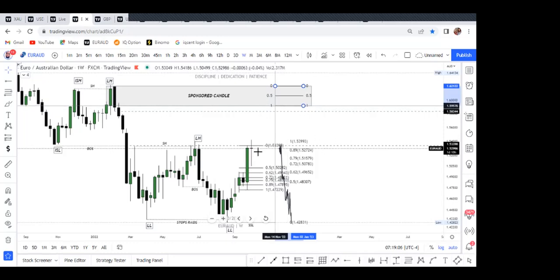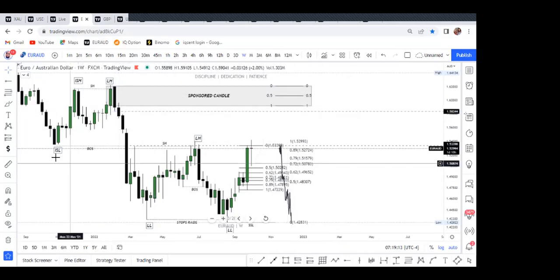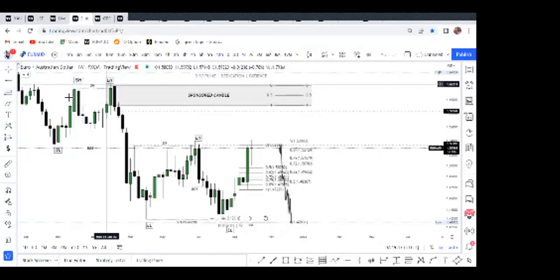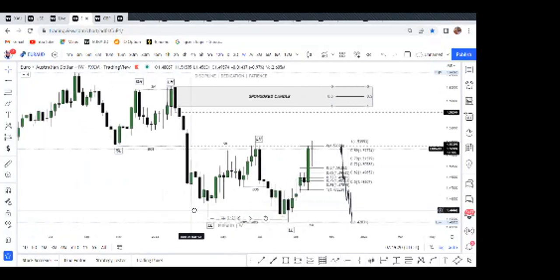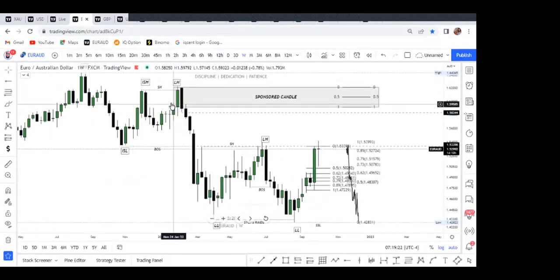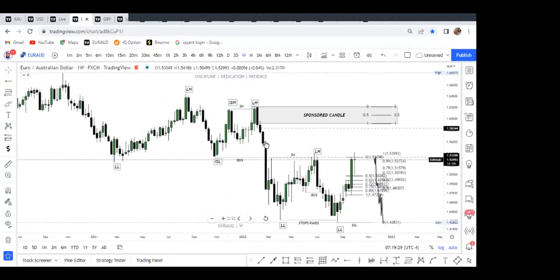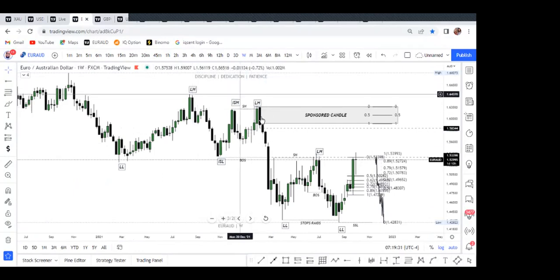It took out liquidity, right? And broke structure. Intermediate short-term low, intermediate short-term high, lower high. This high is a lower high from this other high. So I will call this high, which took out this high, a higher high from the other high. But the high that is above, we can see that this high is lower than this one. That's why I call this a lower high. But this high took out this high. That's why this is an intermediate short-term high. This low is inside this low and this low.